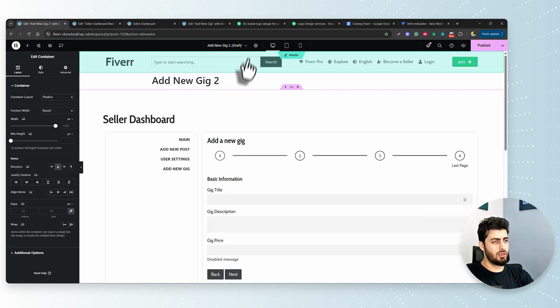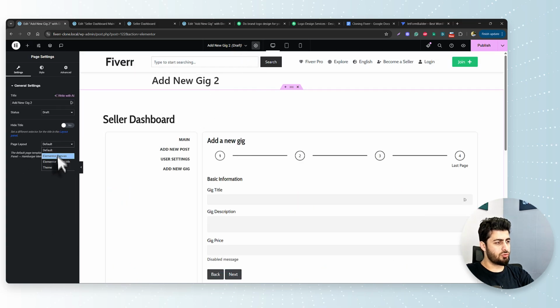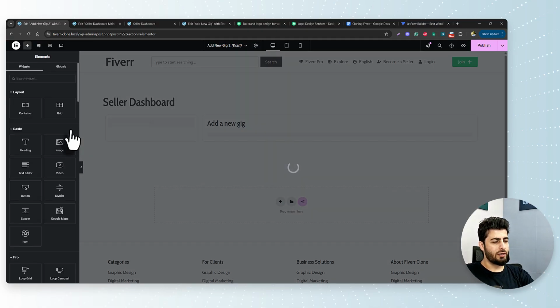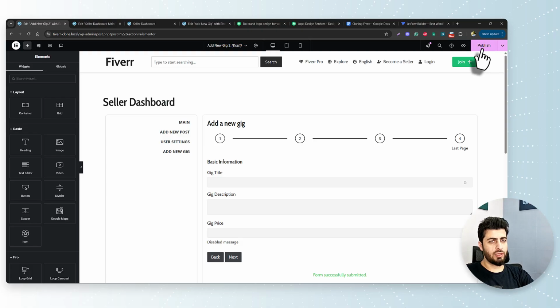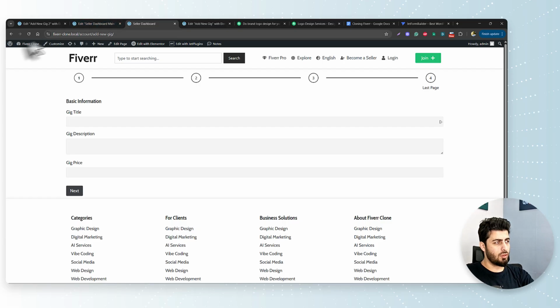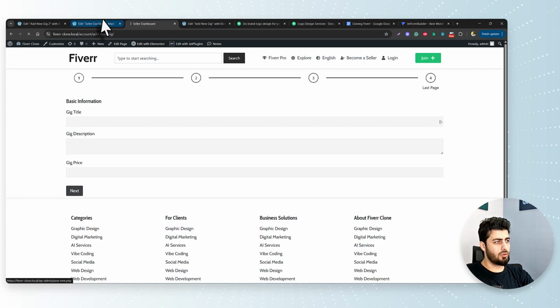See, it's all done. The next thing is that I'm going to choose layout of full width, so the title goes away. We don't need the title. And there's also an option of hiding title, but I'm going to go with the full width layout. I'll click on publish, and inside the dashboard,